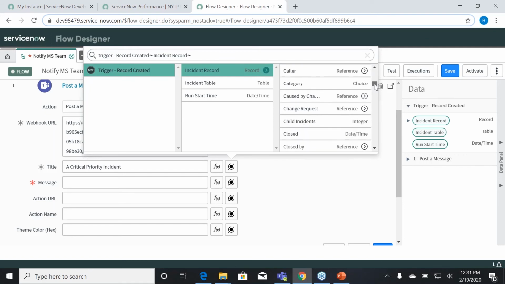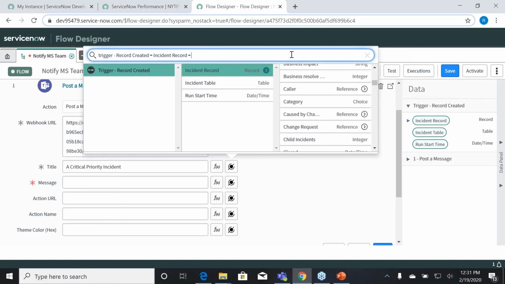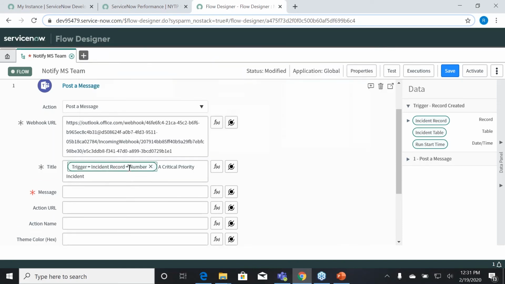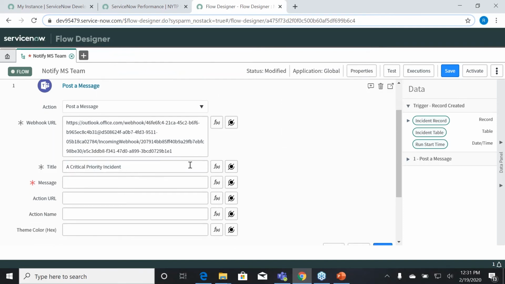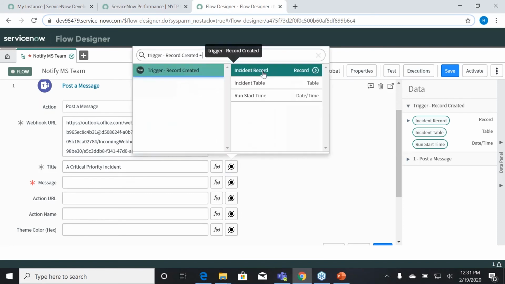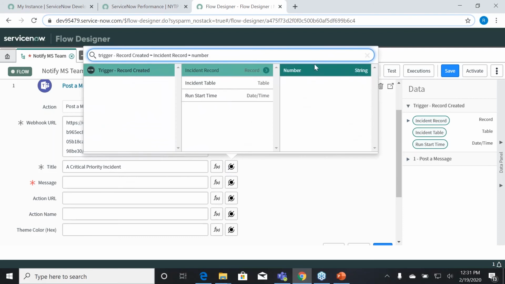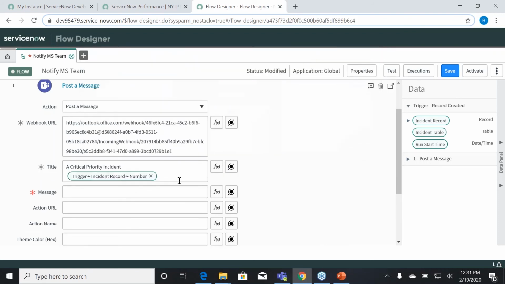So I'm going to say a critical priority incident, and I'm going to provide number here. Number. Okay, so it's coming here. I will delete this again. My cursor here. Record number is created, and in the message, whatever actual message we will say, that a critical incident with the number